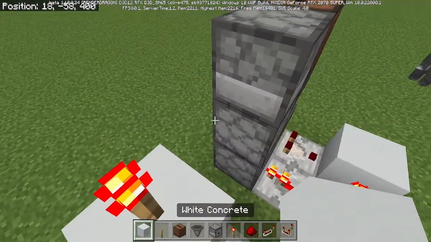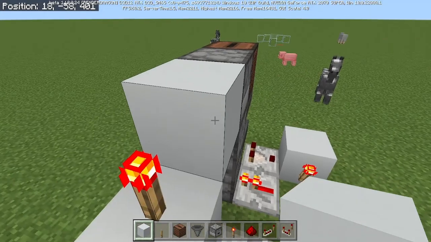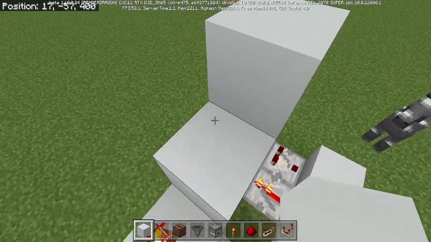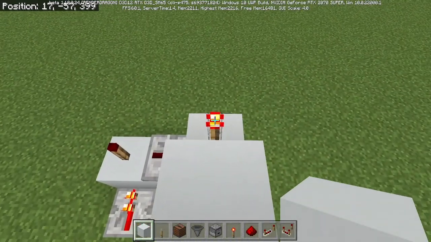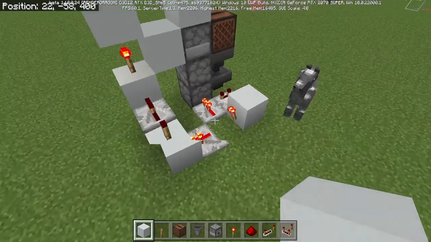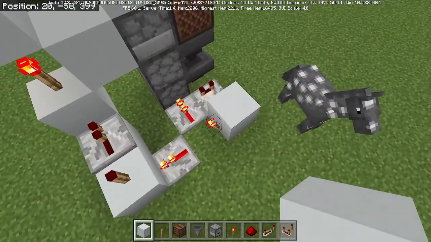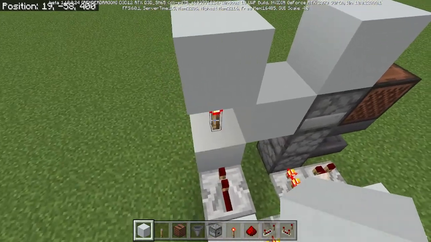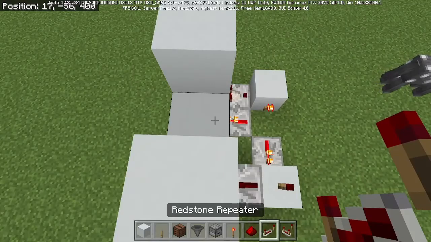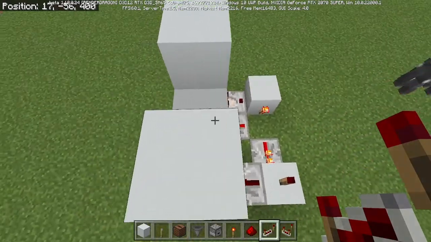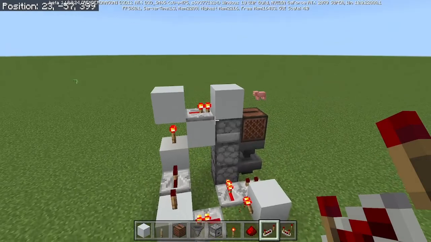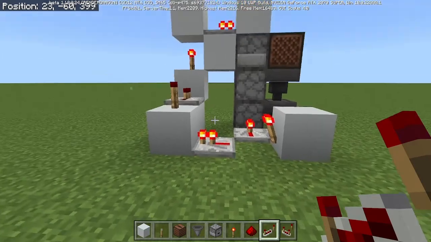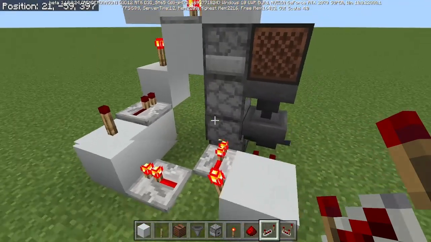Now, the next step is you're going to place a block on the back of this dropper, and a block on top of it. Alright, then you're going to place a block on top of this redstone torch, just like that. So you should have comparator, block, torch, repeater, block, torch, repeater, block, torch, block. And you're going to place a repeater in between these 2 blocks. Boom, just like that. And you will hear it actuate your dropper. So far, this is your mechanism. Okay, it will continuously play.